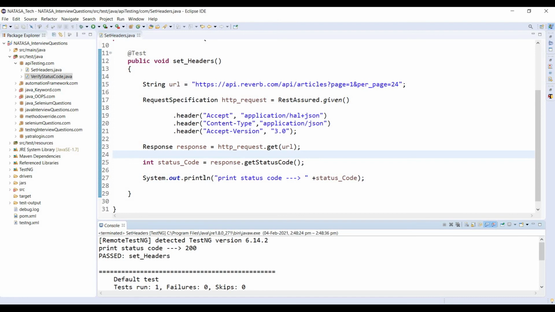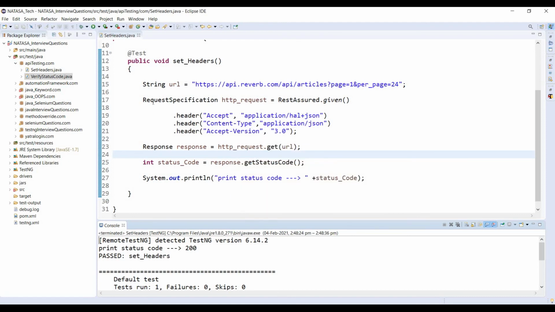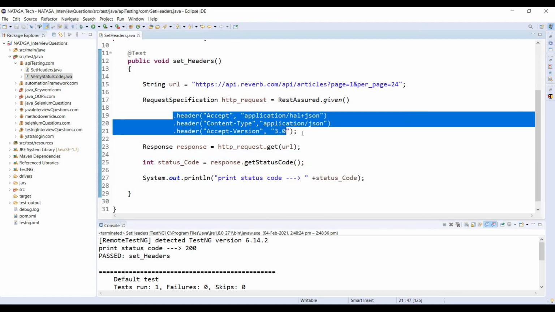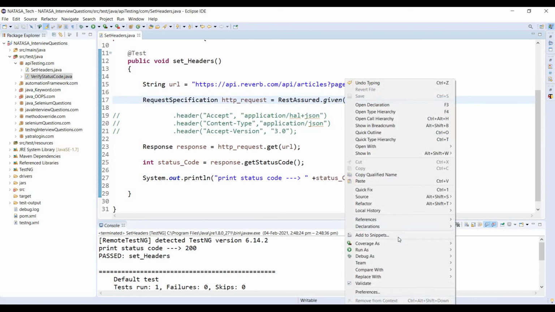So now I'm going to show you what status code we get if I'm not passing these header values. Okay, just comment it out. You can close it after this given. Now I'm going to execute the same code.